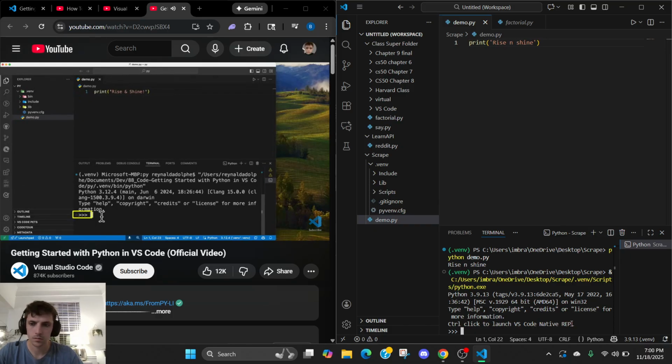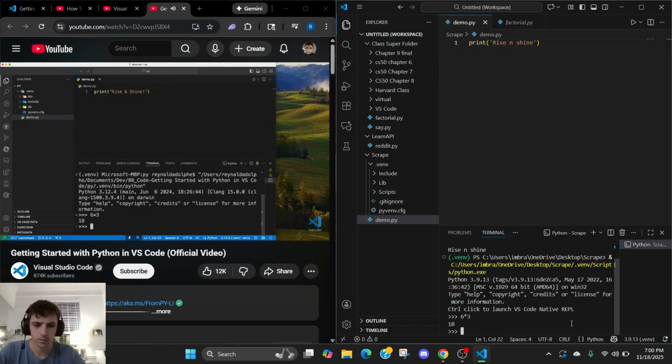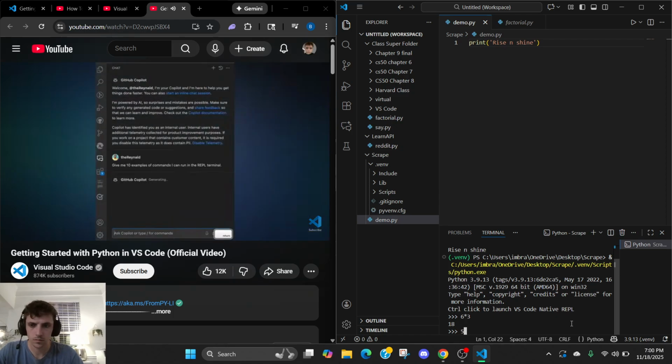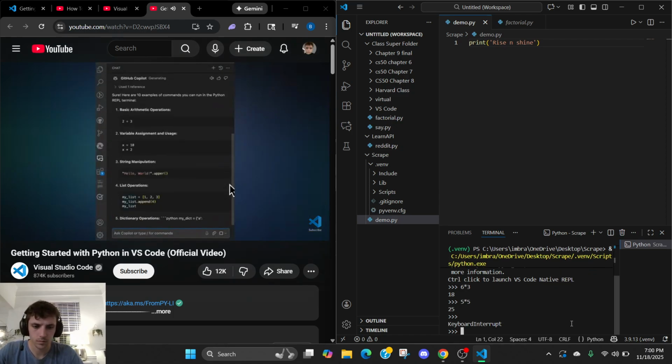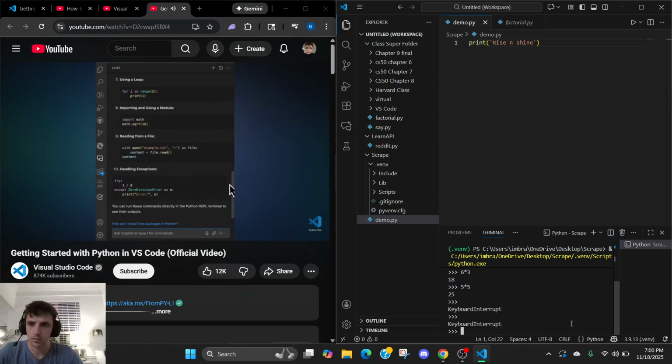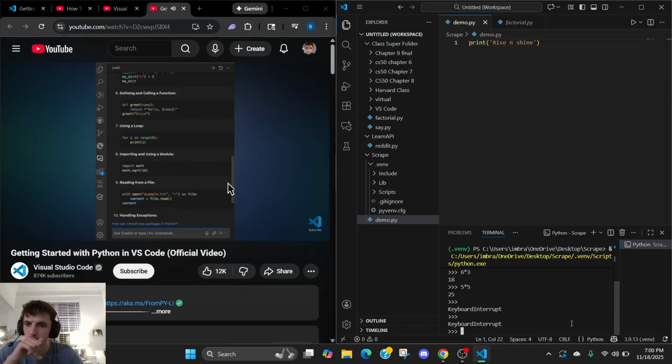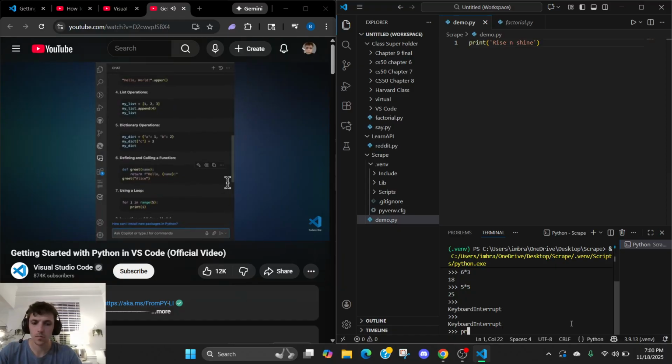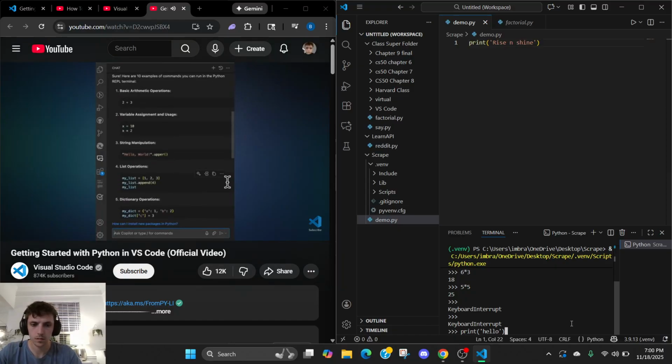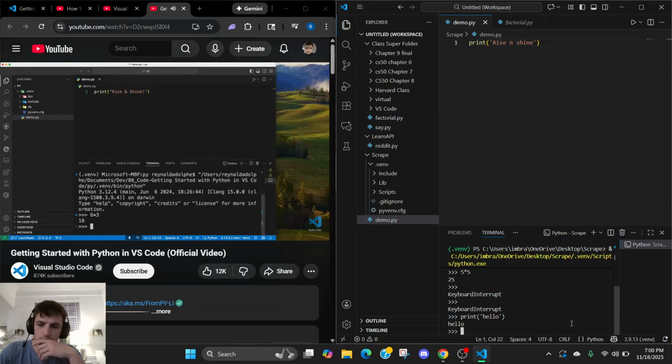And here I could put in some math equation if I wanted. Hit enter, it gives me the answer. And there's a lot more it could do, like what you see here. In short, it's a great way to quickly experiment, debug, or test small code snippets with Python syntax without creating a new script file. And when I'm ready to get out, I can just hit Control D and I'm back